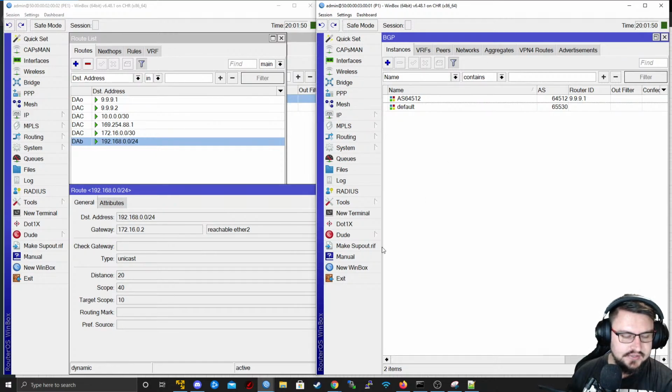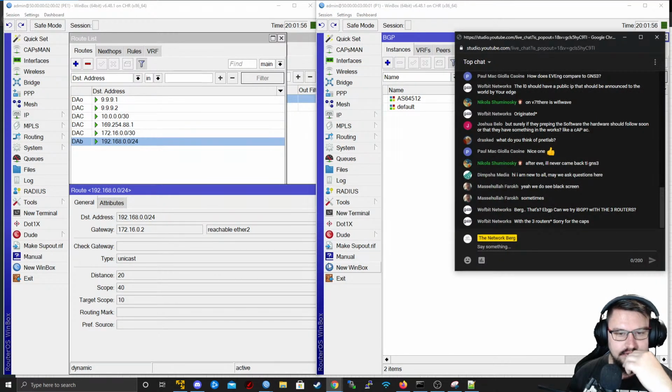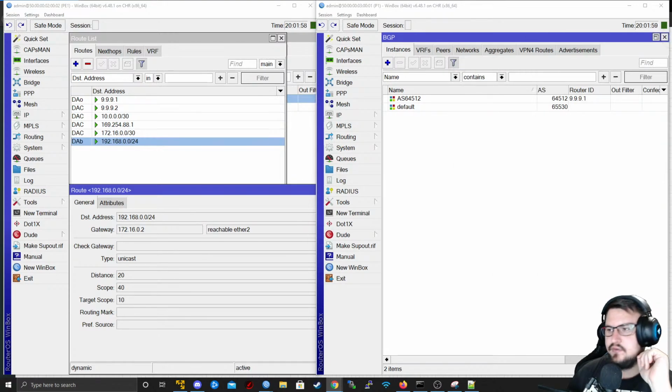But is there any specific reason why you want to use IBGP? Because IBGP is a bit iffy. We need to understand BGP was developed for distributing routes over the internet. It's really good at that, and it's also good at doing some stuff with services on your MPLS networks and whatnot, but